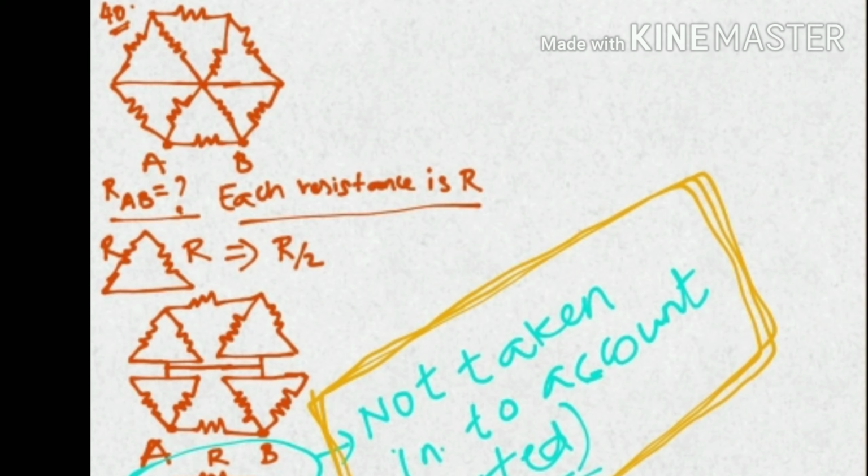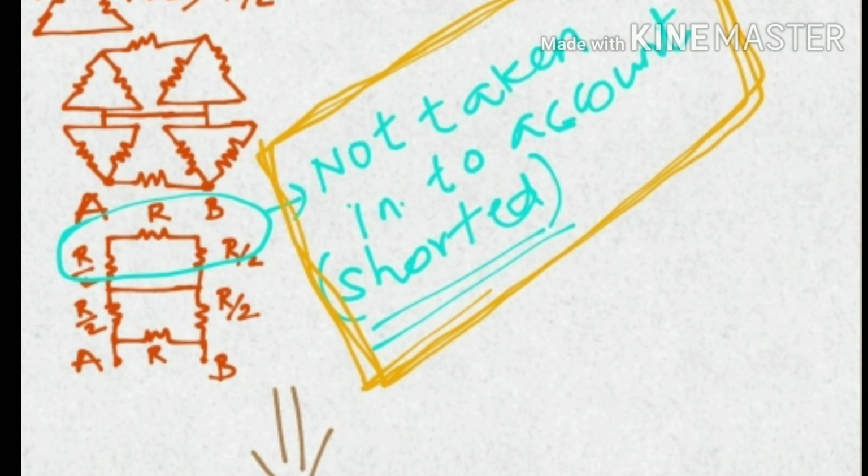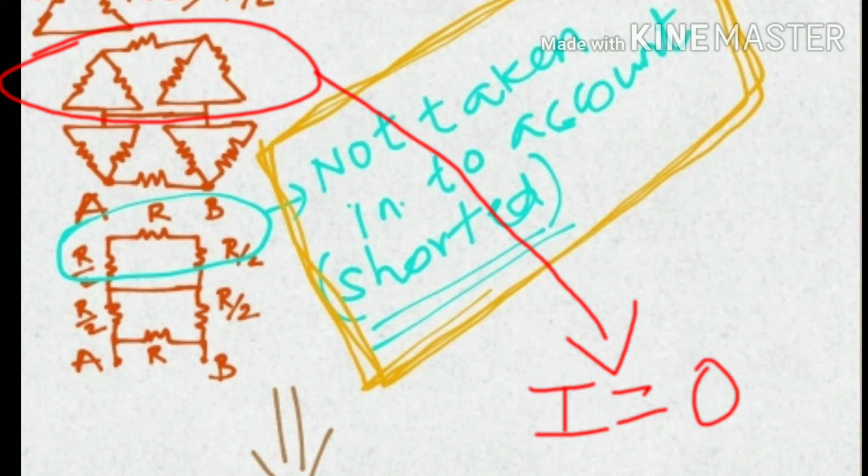And I have drawn 4 similar triangles and divided them into 4 parts, and I have connected them in a different manner to understand this problem, the bottommost diagram. All the 4 triangles are interconnected. In between, the bottom 2 and top 2 are shorted here. Because of the shorted region, the total current will flow through the shorted region. So no current will be flowing through the topmost region of the 2 triangles and the resistor which is connected between the 2 triangles also.